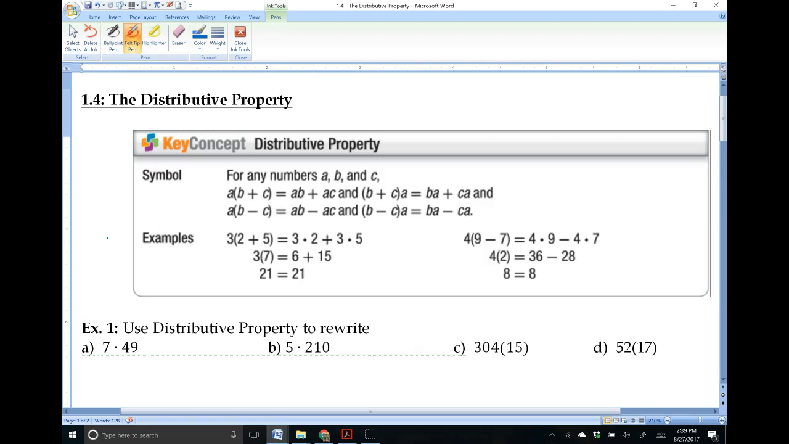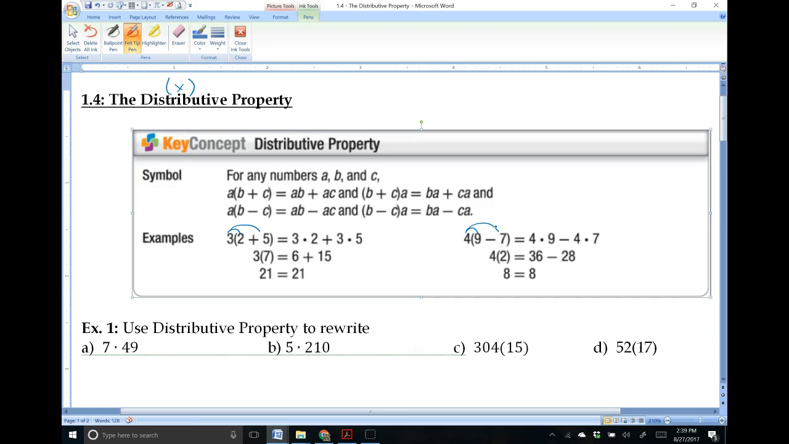So let's begin. 1.4, the distributive property. Most of you guys already know this. The distributive property implies multiplication, so let's go ahead and write the symbol for multiplication right there. If you look at the distributive property, you see an example here. It says 3 times the parentheses of 2 plus 5. We could distribute the 3 to everything here and then add them up. And in the second example, we can distribute the 4 here and then add or